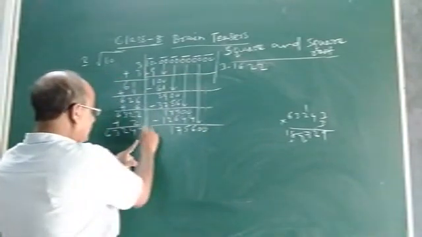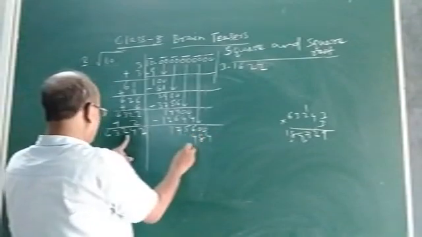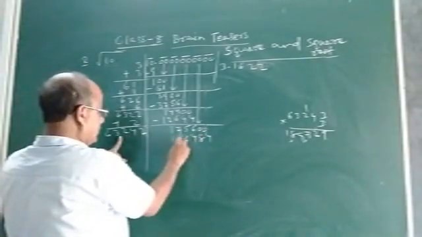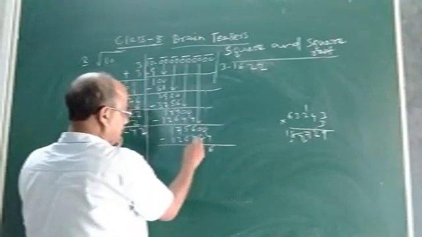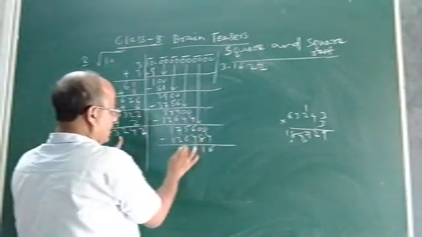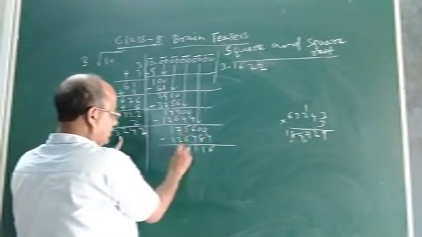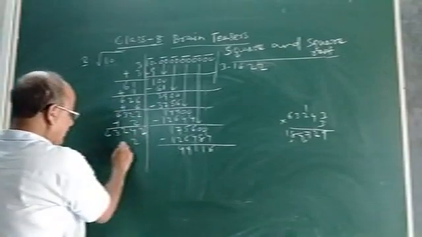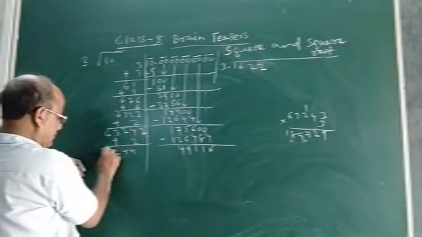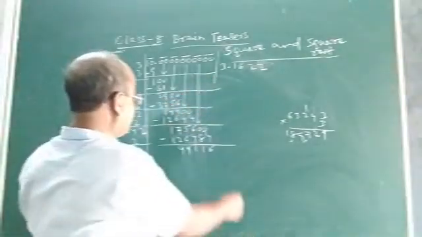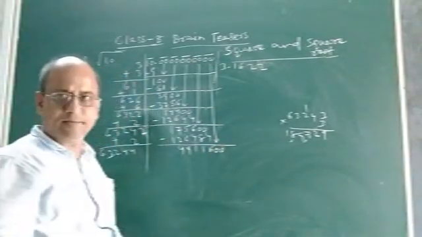So put 2. Now 2 2s are 4, 2 4s are 8, 2 2s are 4, 2 3s are 6, 2 6s are 12. 10 minus 4, 9 minus 8, 5 minus 4, 1, 15 minus 6 it is 9, 6 minus 2 it is 4. Now you add here 2. So 2 plus 2, 4, 4, 2, 6, 3. We got 4 places. Still another period is left. So bring down 0 and 0.